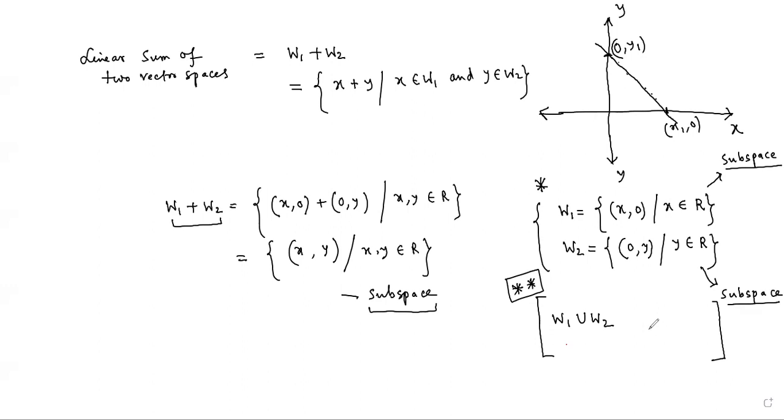Otherwise, if you can't do it by yourself, later I'll show you some other day, because the time is running out and I have to complete a vast section of the syllabus. So I'm moving forward. My point was that you should not confuse these two sets. Remember, W1 union W2 and W1 plus W2 are very different from one another. Now, today I am going to discuss something which is also very important, first from a geometrical point of view, and then I'm going to give you the definitions one after another. So first of all, let's talk about some geometry. I'm going to the next page. You don't have to copy this.